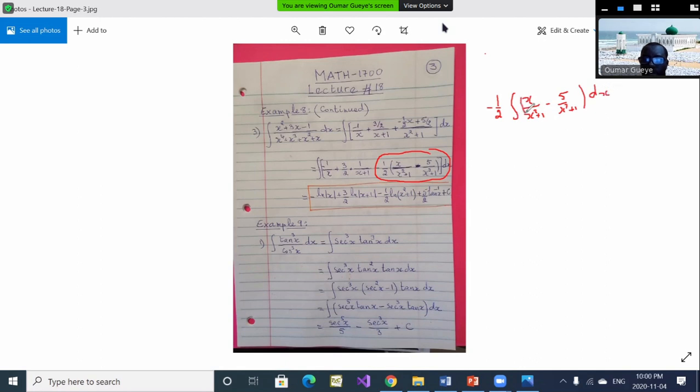Okay. And now I'll get here negative 1 over 2. So integral of x over square root of x, not x squared plus 1, sorry. And here I'm going to write it as 5 times 1 over